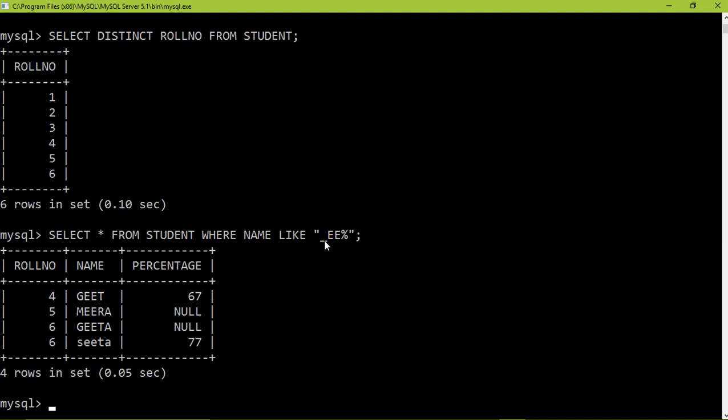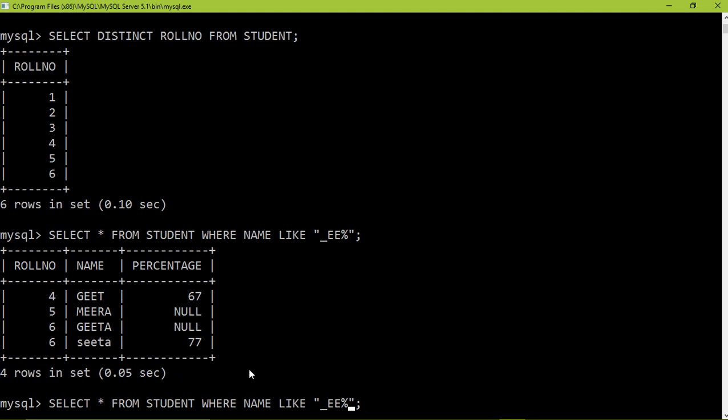Okay, here we are allowing only one character before it. Before double E there should be only one character. Okay, if I put two underscores, it means two characters are acceptable before it. If one is satisfying, then these all will go wrong. Okay, so let us do little bit variation in this also. The same command I am using again.